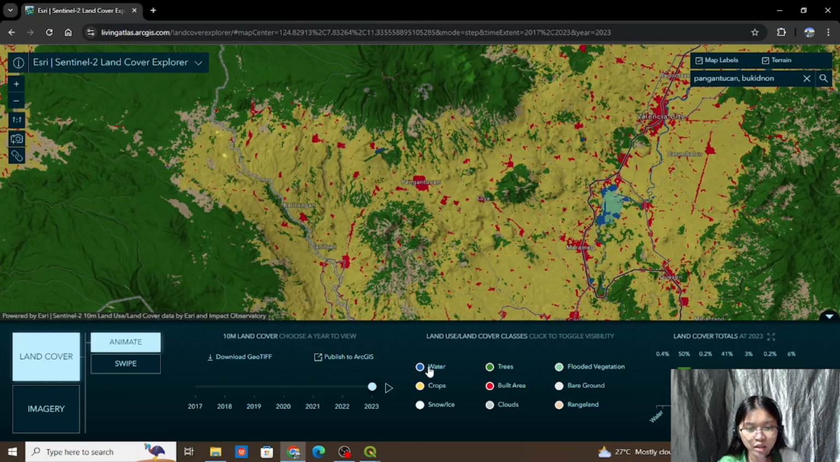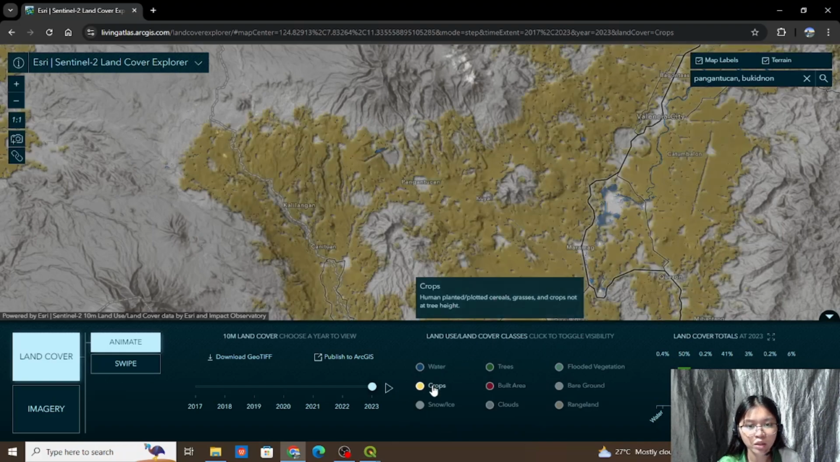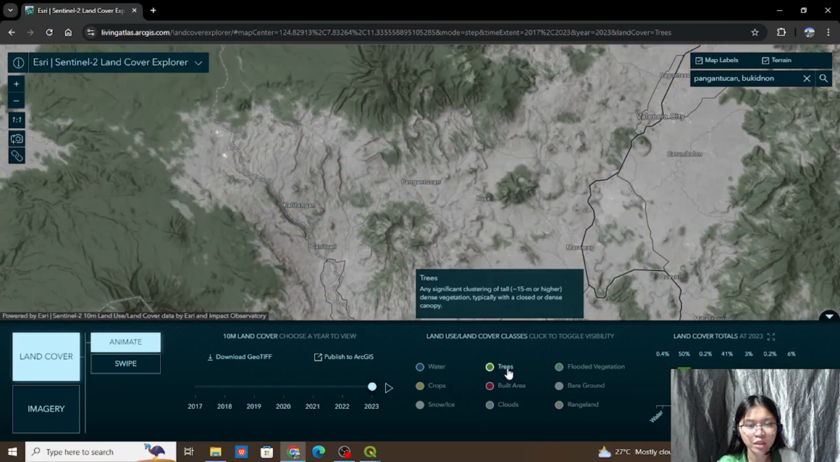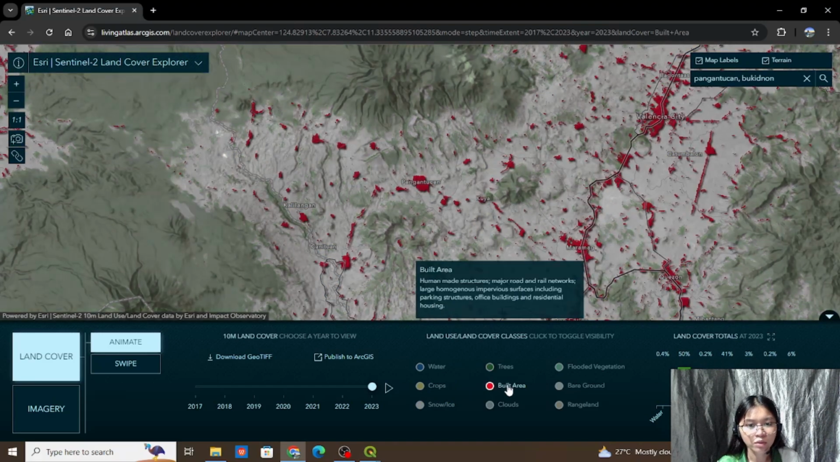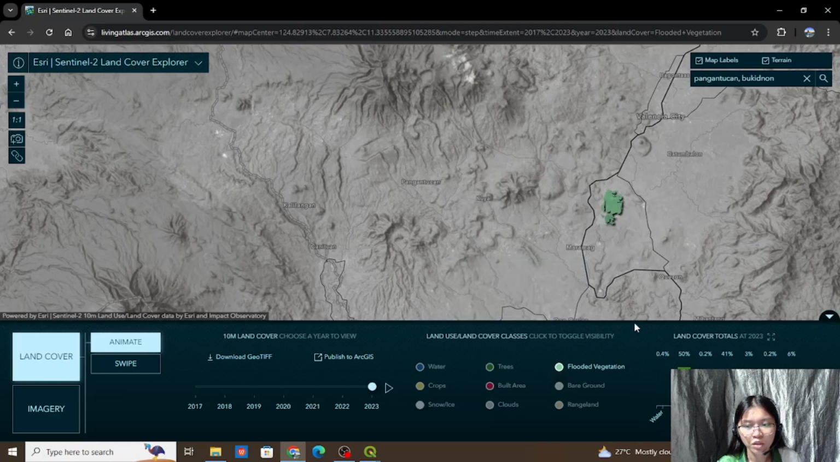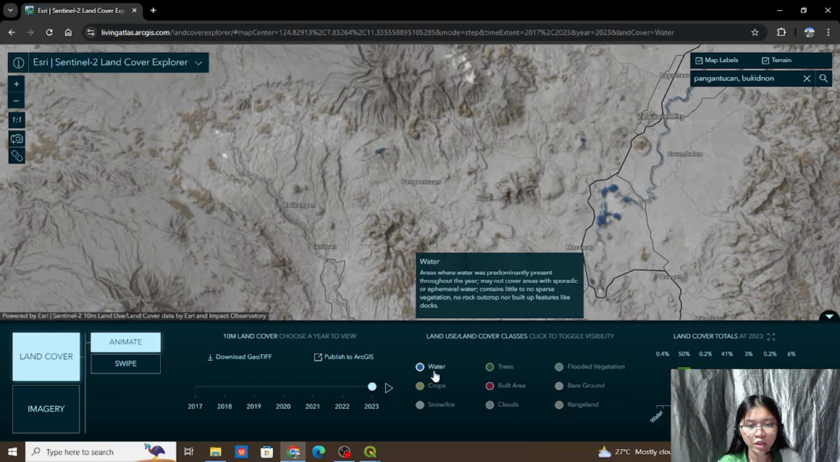As you can see, the land cover classes are below. For water, the blue one; yellow for crops, white for ice, green for trees, red for built area, gray for the clouds, and the other shade of green for flooded vegetation, bare ground, and the rangeland. When you see your specific area,